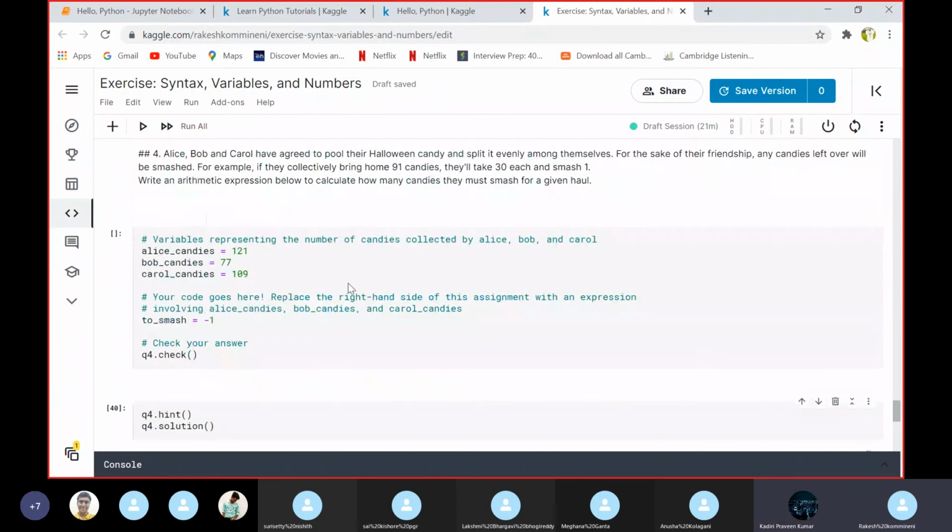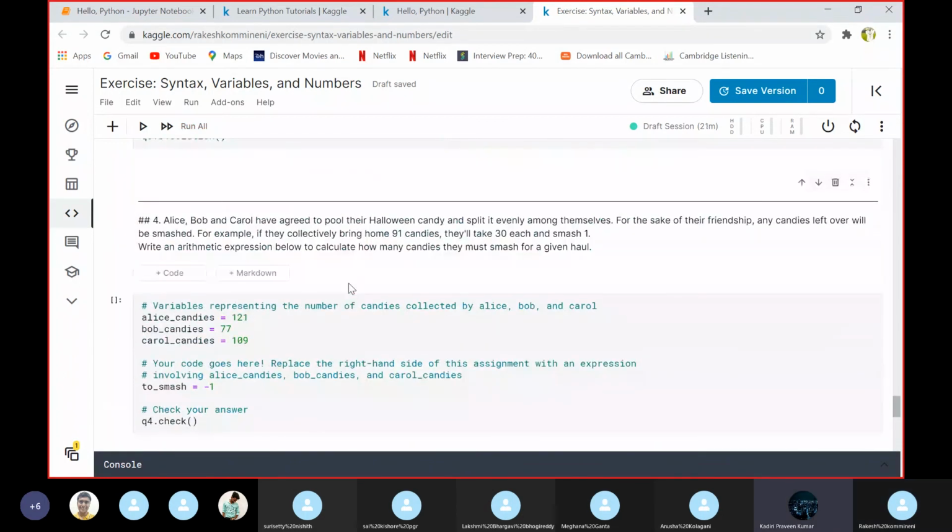Did you understand the question, everyone? For example, if they collectively bring home 91 candies, they will take 30 each and smash one. Write an arithmetic expression below to calculate how many candies.